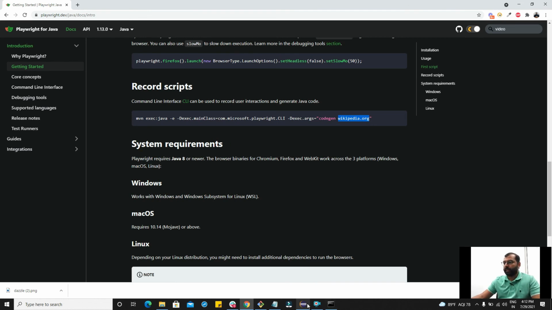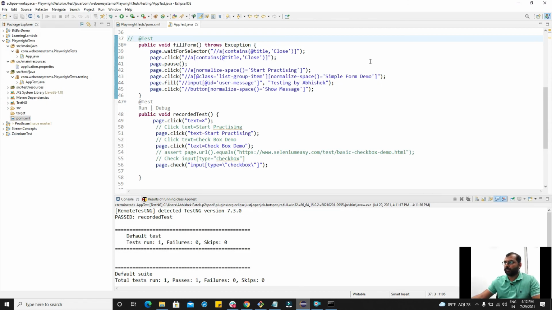Okay, and hit enter, and it will open the inspector here, and it will open the browser and perform all the user actions, and side by side all the actions are recorded. Okay, it's pretty simple, it is interesting, and this is useful especially when you want to fill up forms, like huge forms, or perform very monotonous actions.